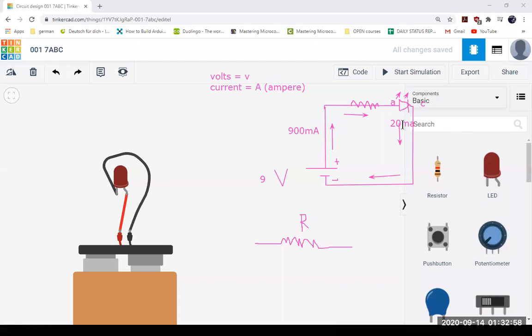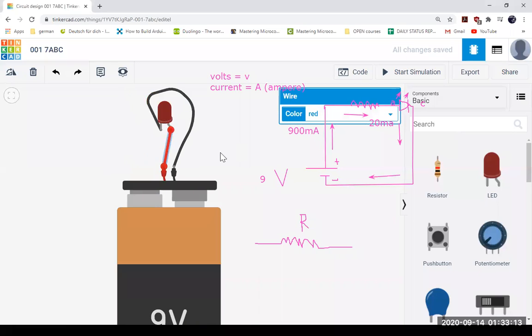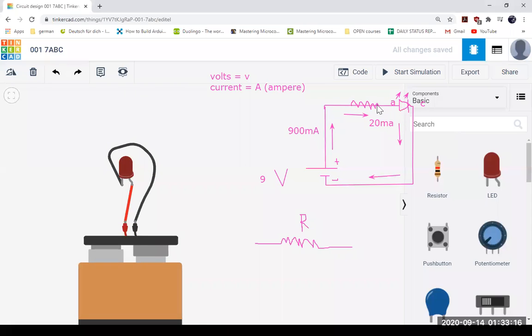Right? So if I do this, our LED will not blow away. So let's try to do that. If I just disconnect it, see where I have connected. I have connected just before the flow of current, that means the plus side. So on the plus side, I can connect here. You can go with the diagram, or you can connect anywhere in the circuit. It doesn't really affect that much.